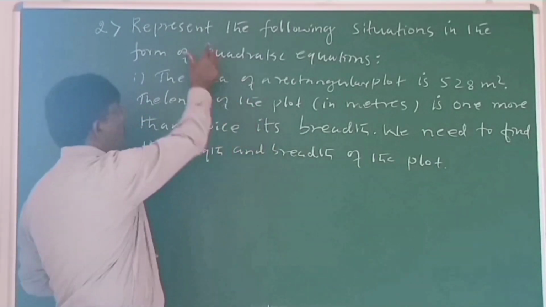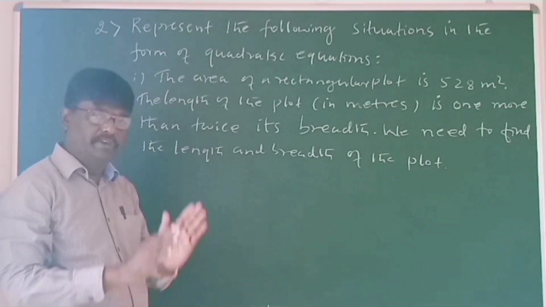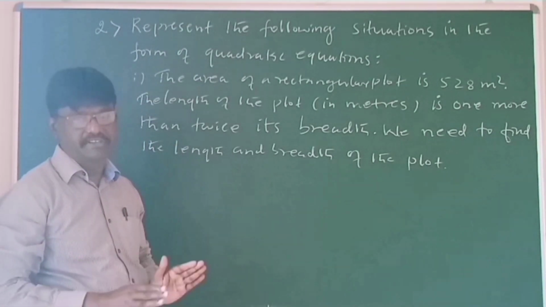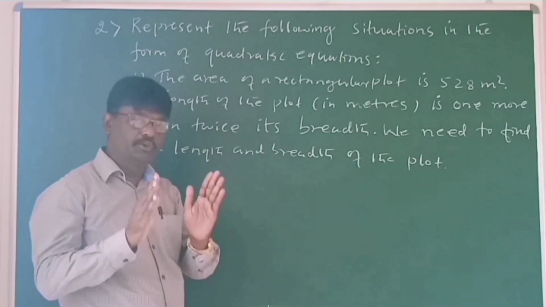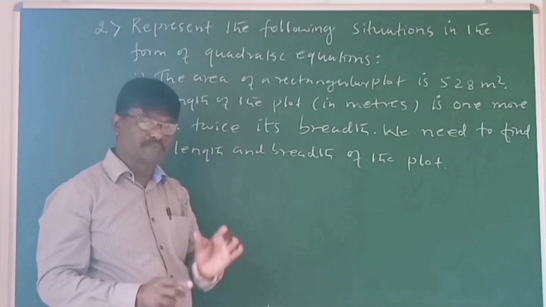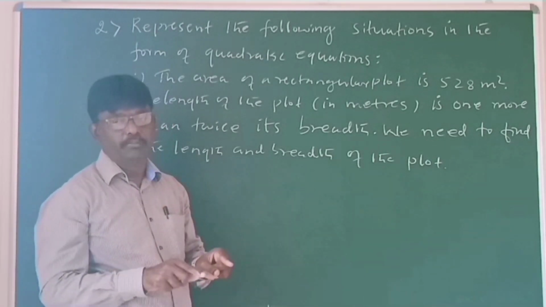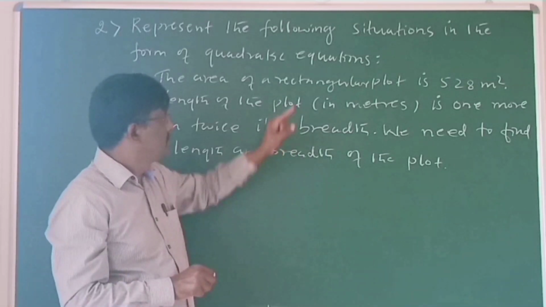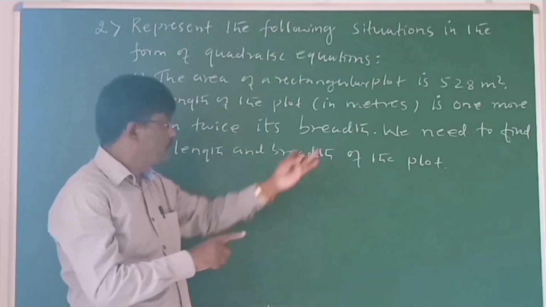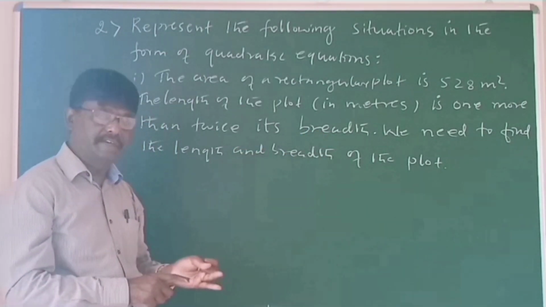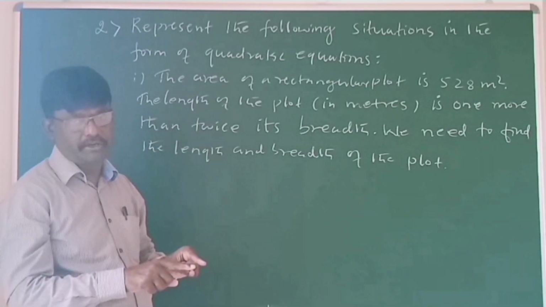For that, we have to represent this situation by equation. That's all. We are not asked to solve. We need to find. For that, we need equation. Okay. Now, which are the two dimensions here? Always you read the problem first, then you study clearly. The problem is on what? Here it is very clear based on geometrical concept. The geometrical figure is a rectangular plot. Next, breadth and then length. Hence, the dimensions length, breadth and the geometrical figure is rectangular plot.